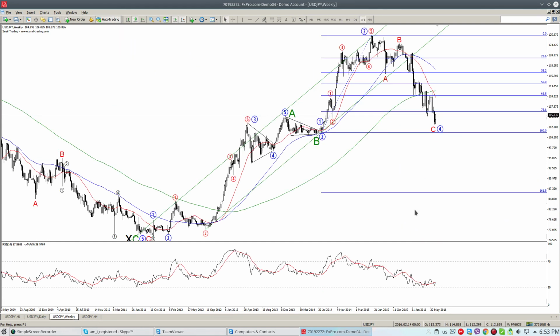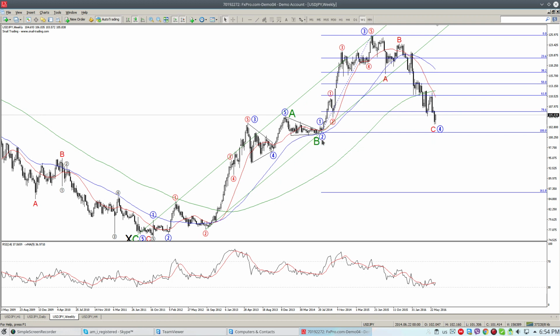Looking at the weekly chart, of course, we see that we are at critical levels for this exact scenario to come true. I'm also here examining alternatives, which I'm going to show you with the weekly report, but probably what I see is that we may have 1, 2, 1, 2, and the red wave 3 being here. This will be red wave 4, this will be red wave 5,